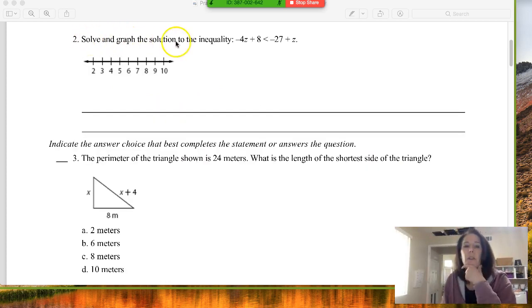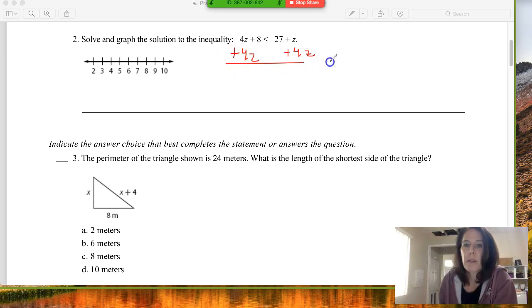All right, number 2, we're going to solve and graph the solution to this inequality. In order to solve this inequality, I first need to collect my z's on one side of the inequality. So I have negative 4z's here and positive z's here. I like to pick on the lesser number. Since it's negative, let's add to both sides and move the z's over to here. So we're going to add 4z to both sides of the inequality. And negative 4z plus 4z, that eliminates. That's the whole point. Bring down the 8, bring down the inequality, bring down negative 27,